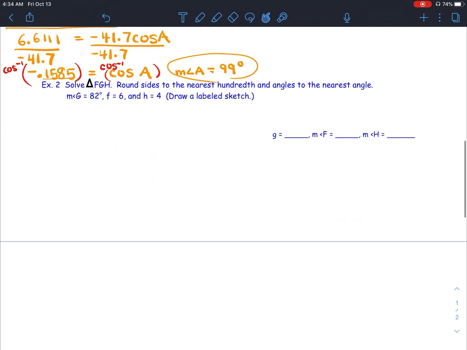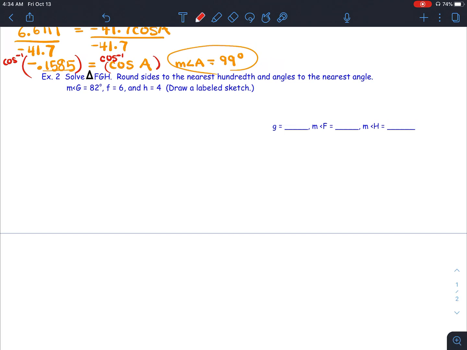Okay, let's go ahead and take a look at a second problem here. This one does not provide a picture, so we're going to go ahead and sketch a picture first. This is triangle FGH. When you are drawing these pictures, they do not need to be drawn to scale, so don't worry about that. You can see the information is angle G is 82, side F is 6, and side H is 4. So this problem, again, feels like it is a side angle side problem, and your hand